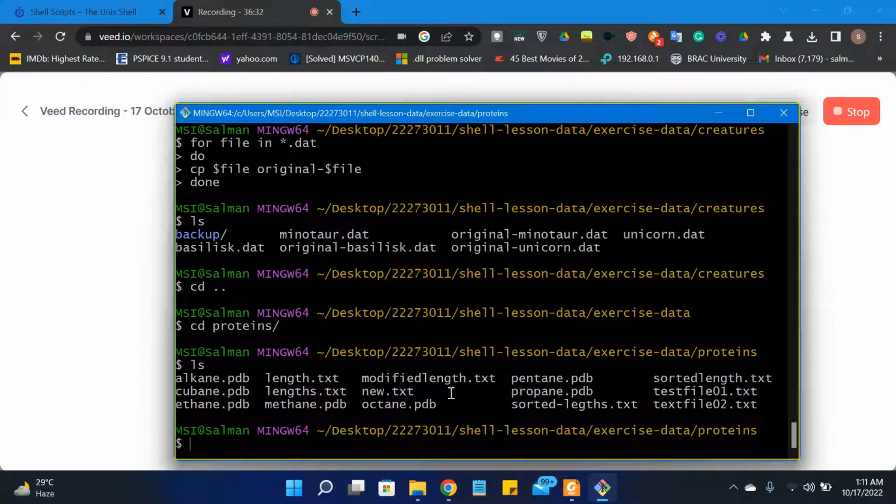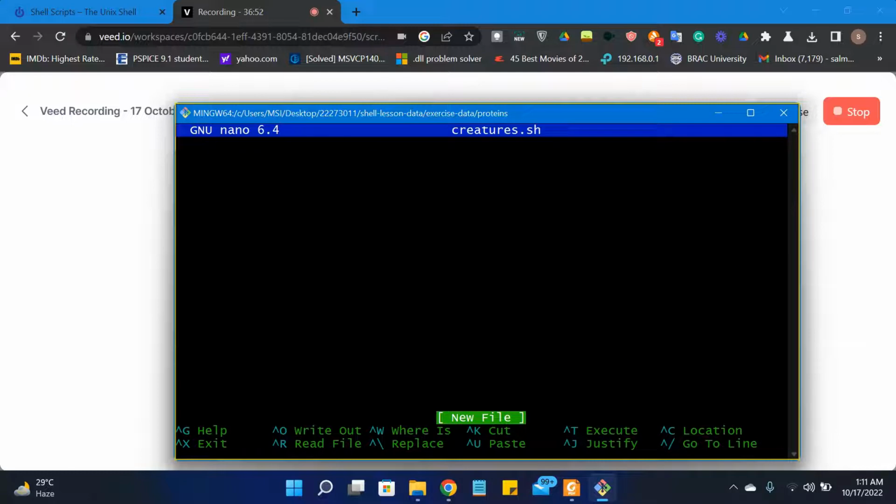Here we are going to initiate a text editor, nano, by using the nano command. The name of the file is creature.sh. Inside it, we have to write a command